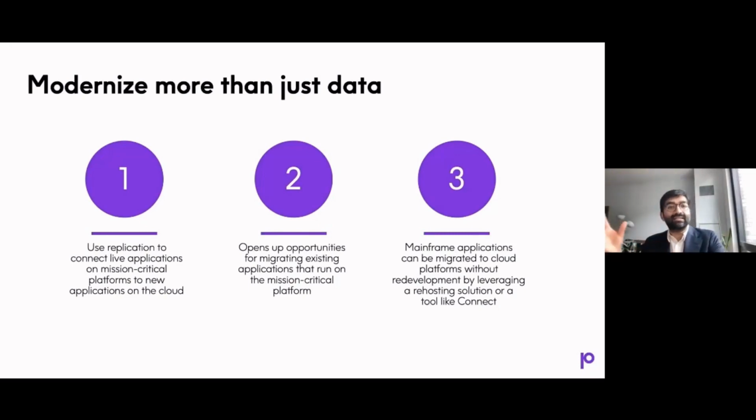Once the data is being fed, well, now you can start to migrate an application. So let's say you have a set of sorting applications on the mainframe. You may want to look to rehost that within AWS using Micro Focus. Well, you could actually now, because you're taking the data, you can start to take those JCL cards, take those sort routines, and then plug them into your cloud native stack.